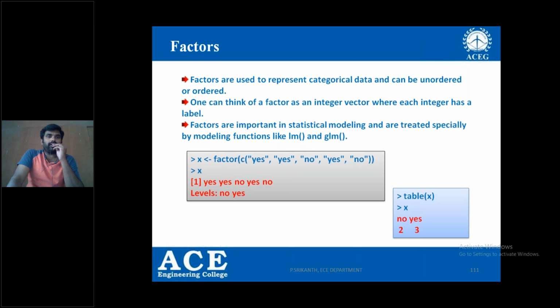And also we have seen what a list is and what a factor is, right? So these are the things we have discussed so far. And